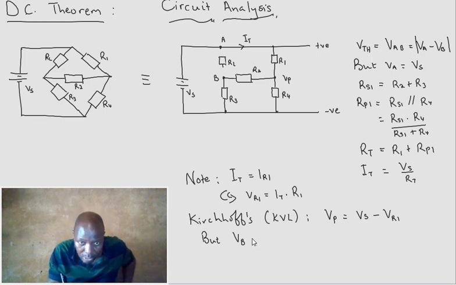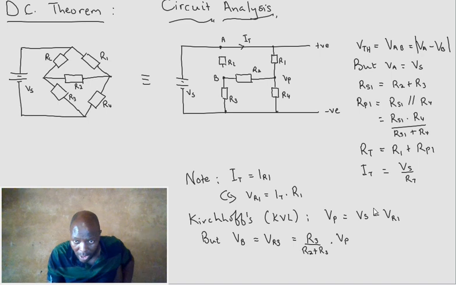VB is equal to the voltage across R3. This is given by the voltage divider. There's two of them sharing V parallel. So the value across R3 is R3 over the total R2 plus R3, times V parallel,